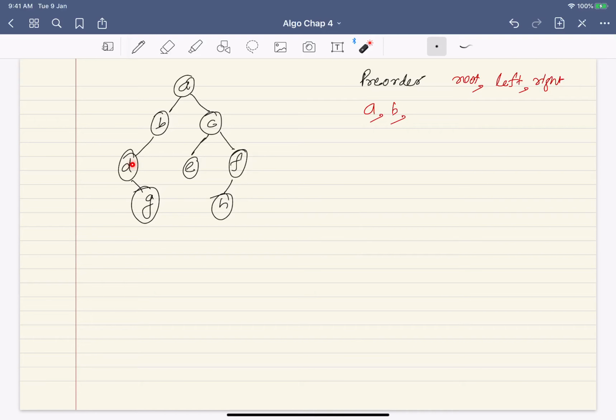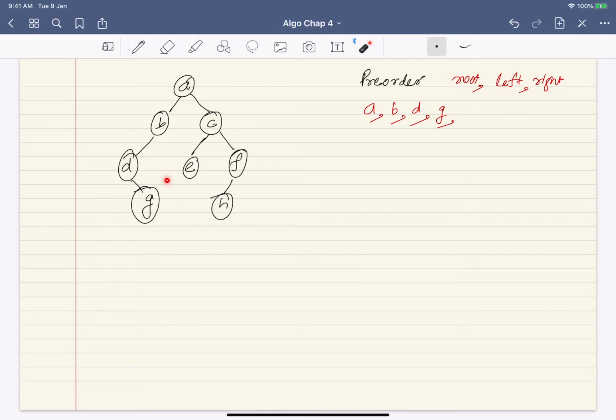I'll print the root, that is D, then I will print the left, there is no left, and then I will print the right. So right, there is one node. So in this subtree there is only one node G, that is the root, and I will print G. Okay. So you see I have printed this whole subtree. So now in terms of the overall tree, I have printed the root, I have printed left. So root is gone, left is gone. Now I have to print the right.